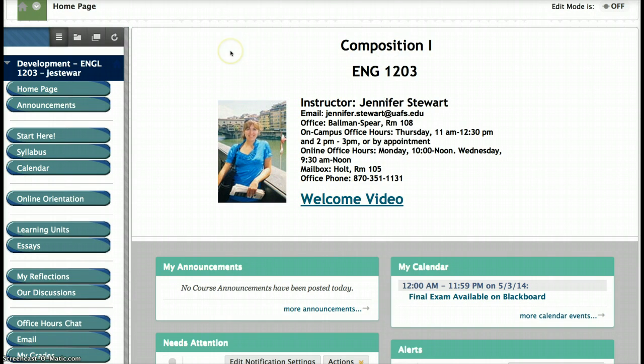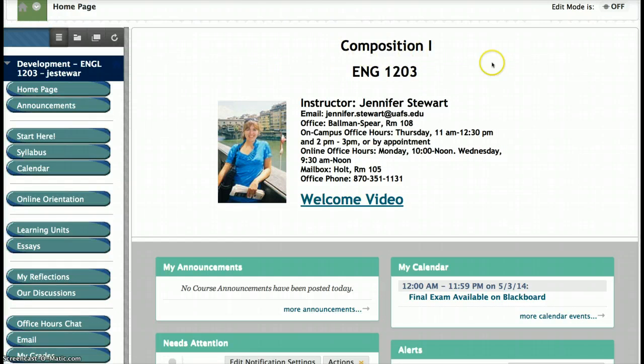But it would download very slowly if students were using older technology, and then it would appear distorted if the student was using like a mobile device. So instead, I just took it off and made this very clean and simple with just the course name and then my information, because I want it to be very prominently displayed on how the student can contact me,